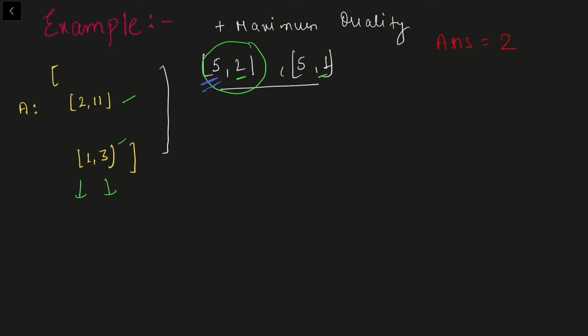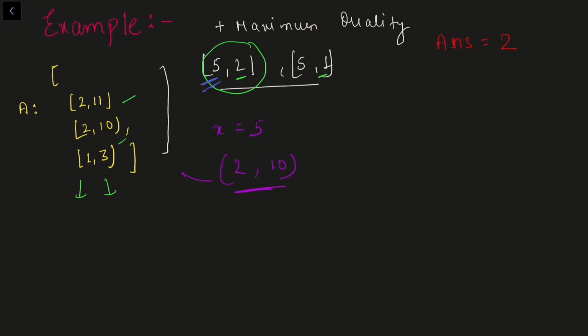Now the quality that I chose was x, right? So x here is 5. Now I need to add another element which has quality x by 2, and that is integer division. So 5 by 2 is 2 here, and quantity x into 2, and that is 10. So I'm going to add this element to this array. So let's add 2 comma 10 here. So now my array looks like this, right?